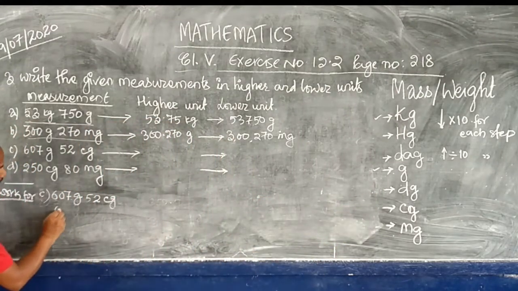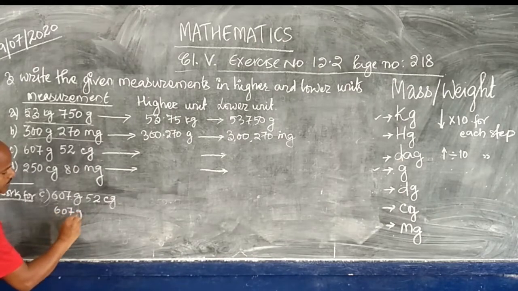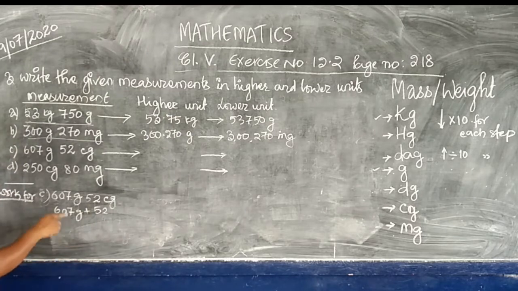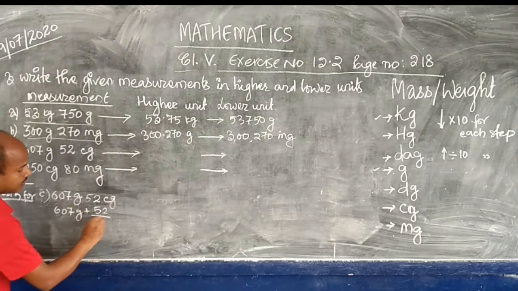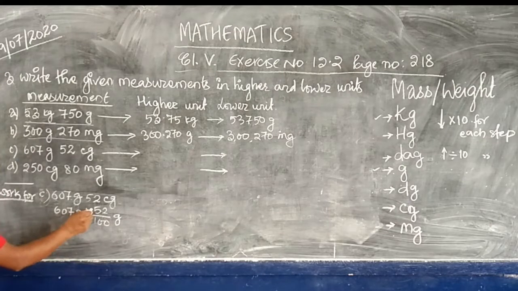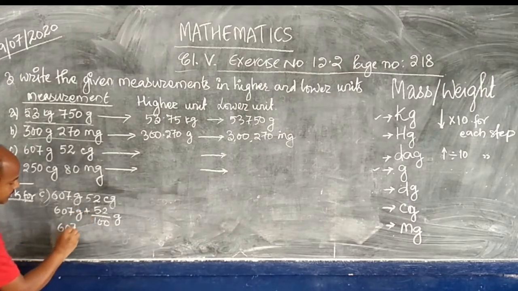So 607 is already in grams, plus 52 centigram. Convert this in terms of gram. What you need to do is divide it by 100. That means the decimal will shift to the left by 2 digits. So 607 gram plus it will become